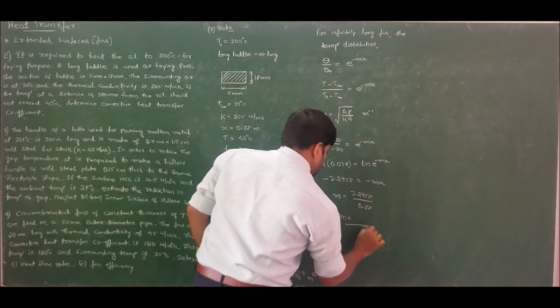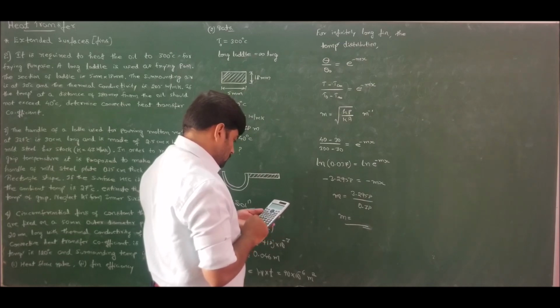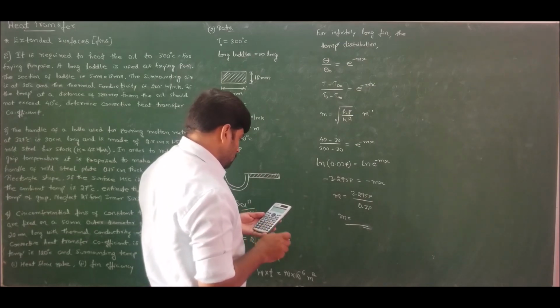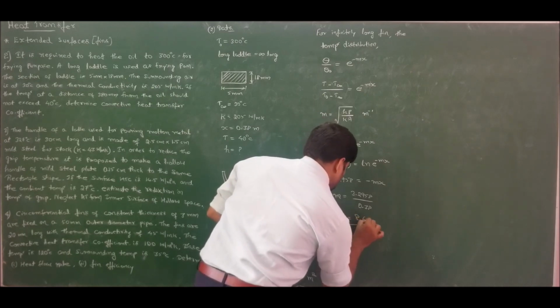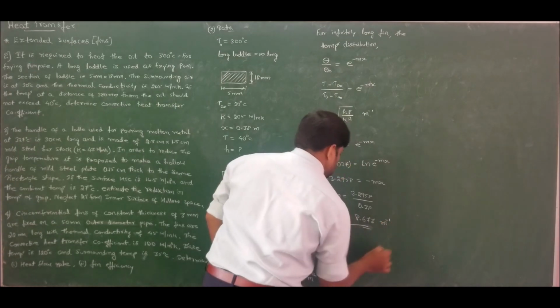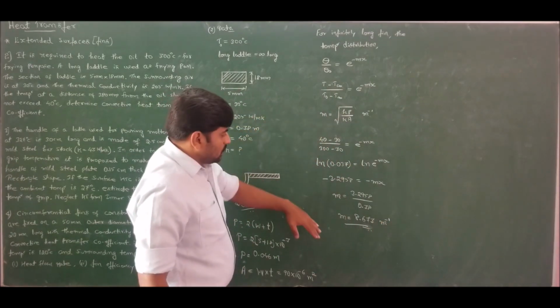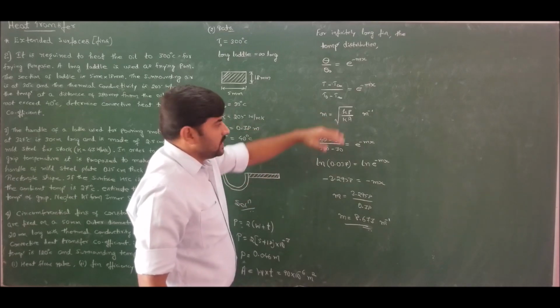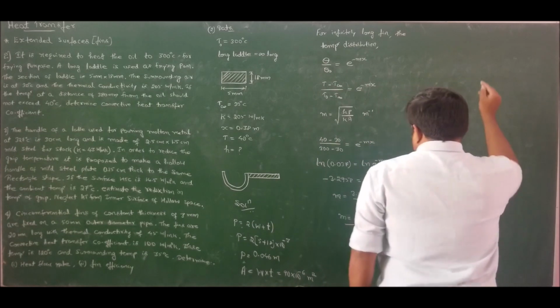So the value of m is 8.673 meter inverse. So we have found out the value of parameter m. Now substitute this in the parameter m and find the value of convective heat transfer coefficient. If I do that, I will get